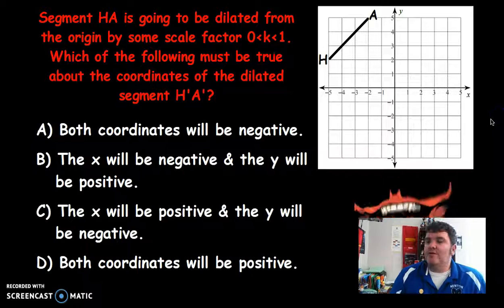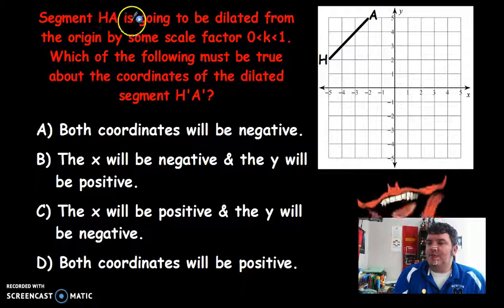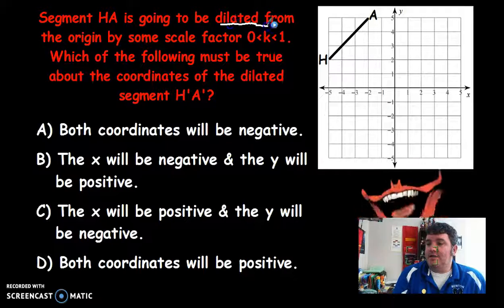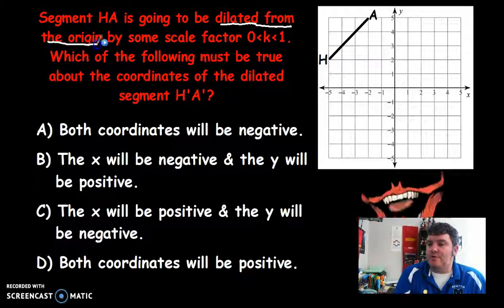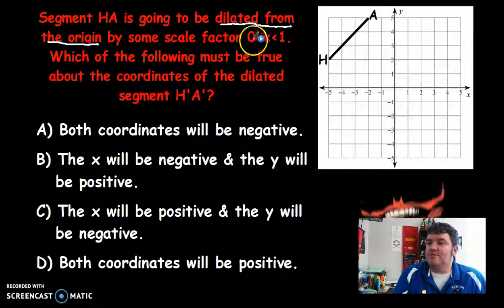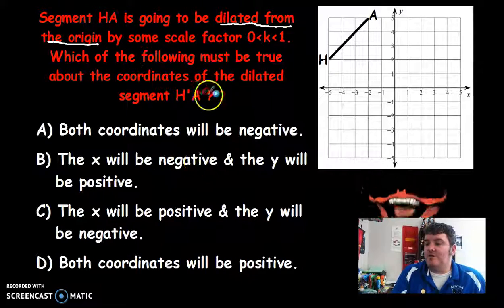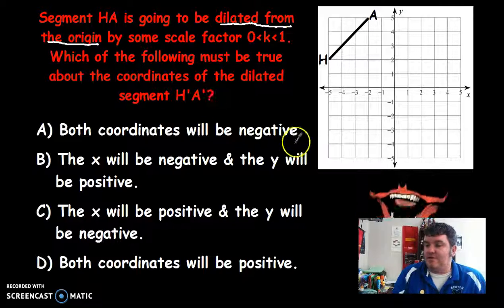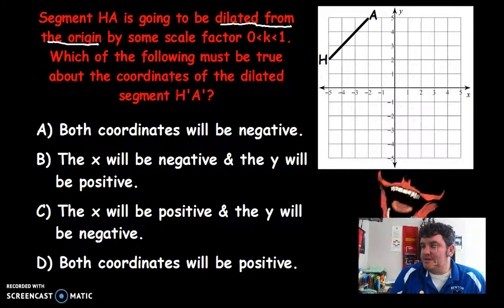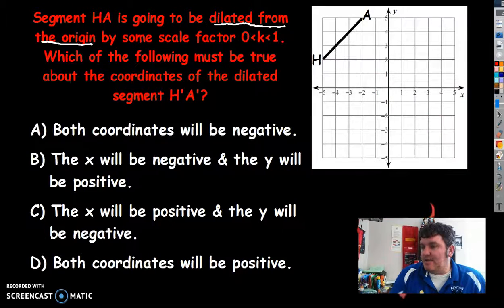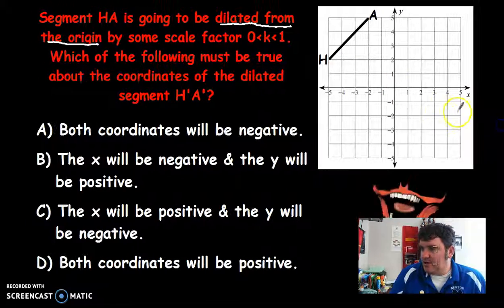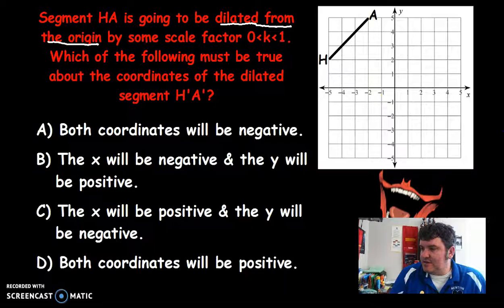Alright, so here I've got your next Plicker question that you answered in class. And I see that segment HA is going to be dilated from the origin, that's the important part, by some scale factor that would cause a reduction between 0 and 1. So which of the following must be true about the final image? So the key phrase there is that it's dilated from the origin. That means that my lines would have intersected